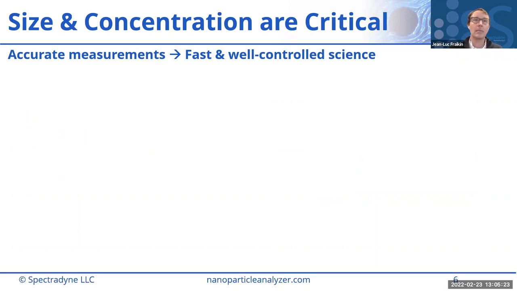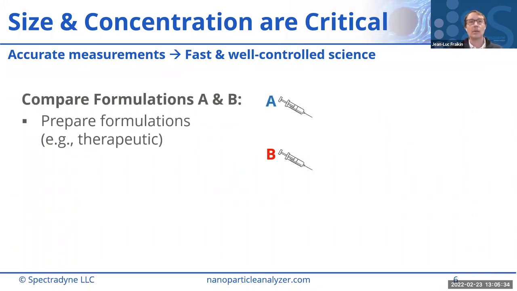Let me illustrate that with an experimental example. Why are these both critical parameters to measure accurately? Well, suppose you've prepared two different formulations, A and B, and you want to compare the efficacy or the biological activity of these different samples. They might be a therapeutic, or they might be isolated EVs that you're interested in understanding their biological activity